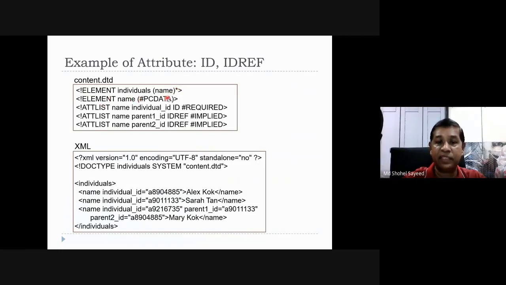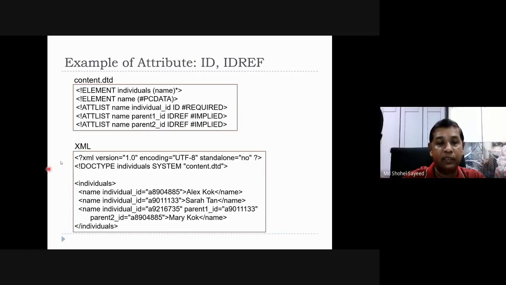Element name PCDATA, you declare the PCDATA. Then the attribute list: individual ID, this is required. Then parent 1 ID reference, this is implied, so it is optional. And the last one, parent 2 ID reference, this is also implied, also optional. So you can write or you can omit